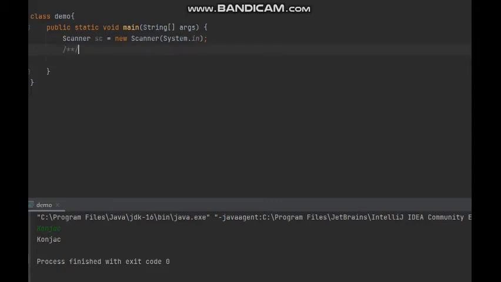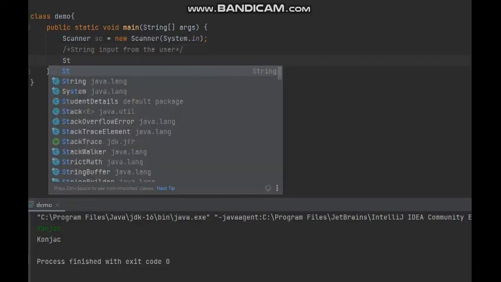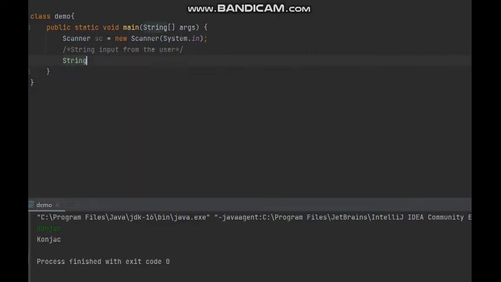Fine. Let that be string, the user given string will be the input.